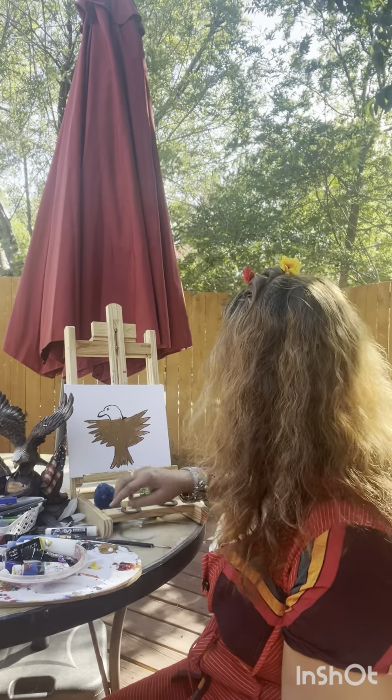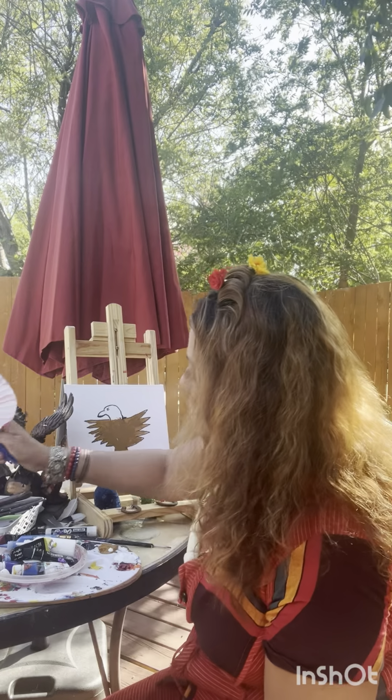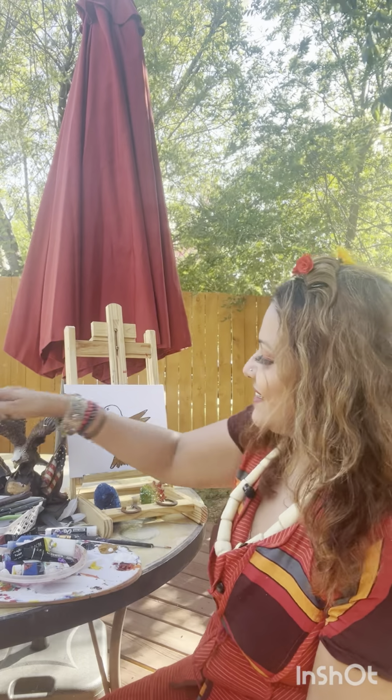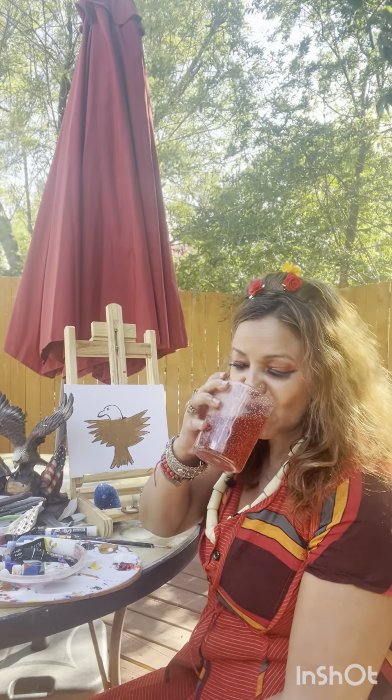So now comes the fun part. It's so hot here. Temperature is above 100. I'm so thirsty. This is my favorite hibiscus juice. Refreshing. So now I'm just gonna be using the yellow for